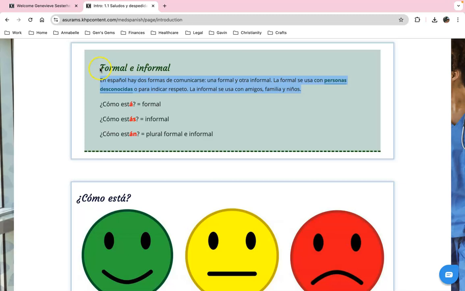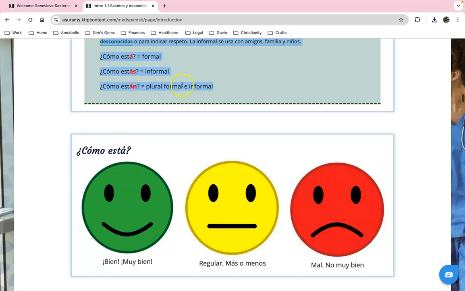Therefore, if you've already taken some Spanish and you already know formal versus informal, and you can read this explanation here, and you already know all this, you can look at it and know, okay, I am responsible for knowing this information. I already know this, and now I can continue on. If you're not